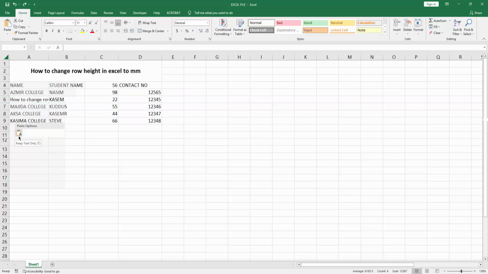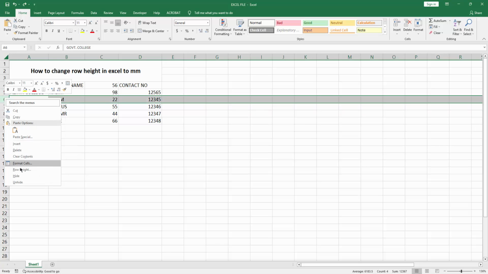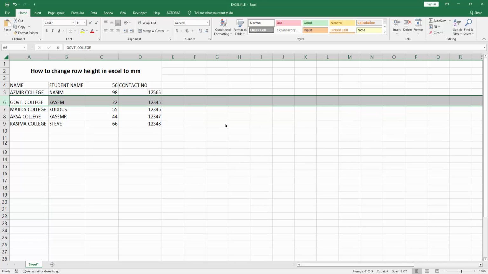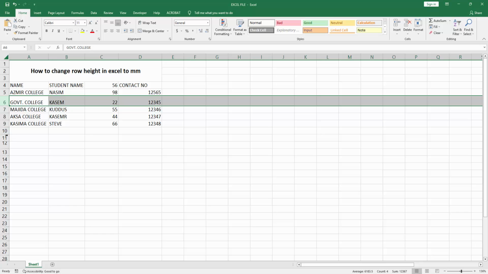Now I change row height in Excel to millimeter. Right click on this row and go to Row Height. Now write anything and it's increased to millimeter. You can see I changed row height in Excel to millimeter